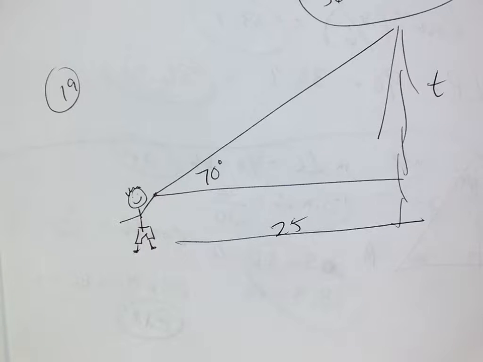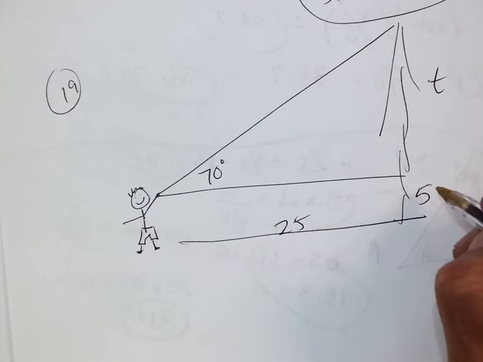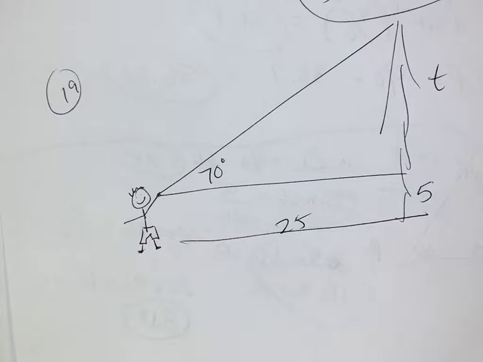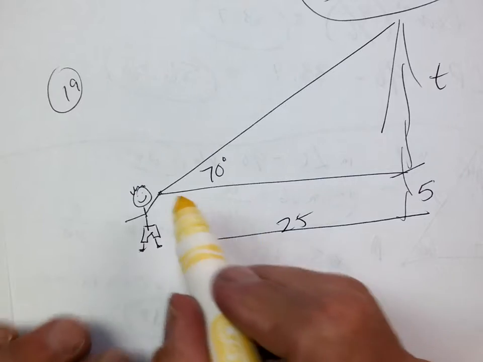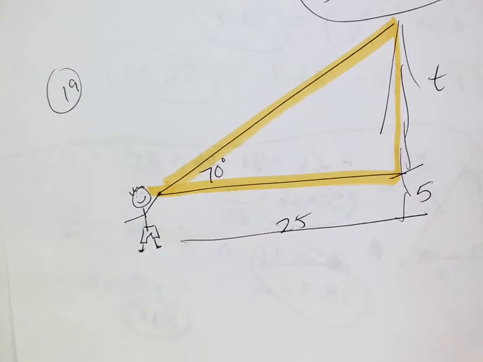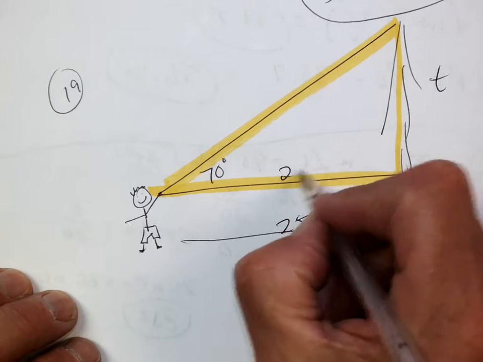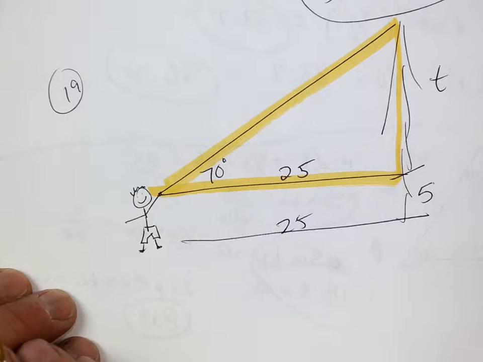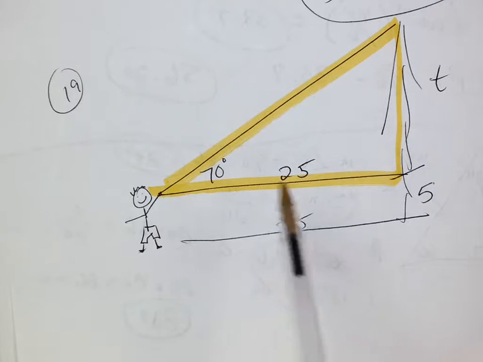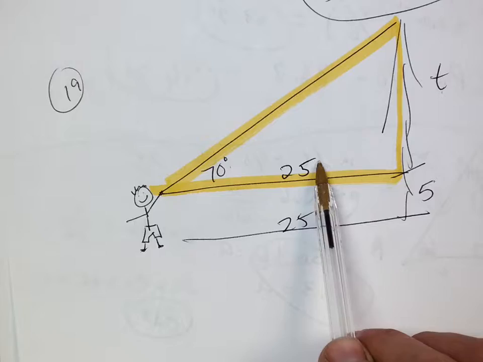What we're going to keep in mind is that the triangle I just drew is really suspended 5 feet up, right? So when we find the value of t from the triangle, we're just going to add in the 5. So the triangle itself is 5 feet suspended, so when we find the answer, we're just going to add 5 feet to it. Okay, so this 25 is also here. It's just directly up. So opposite, adjacent,